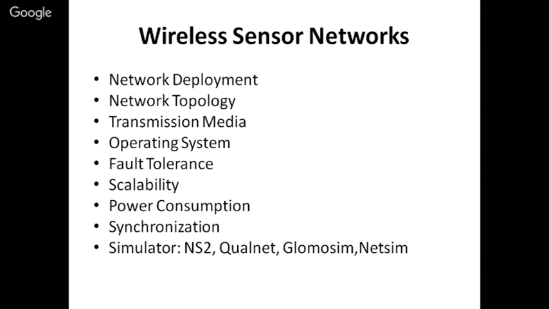We also want to have fault tolerance in this kind of network. Suppose there are 100 sensors or thousands of sensors in the network, and some of the sensors die due to some reason. We want there should be some fault tolerance mechanism in the network. Even if some of the sensors are out of order, our network should be able to work. There should be some backup mechanism, or some way out through which other sensors, those that have not yet died, will form the new topology on their own. So we want some kind of algorithm or mechanism.